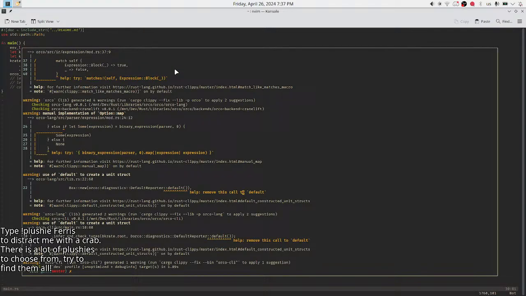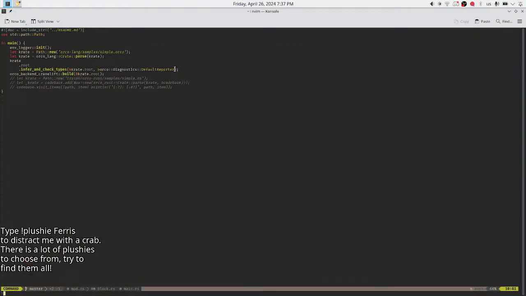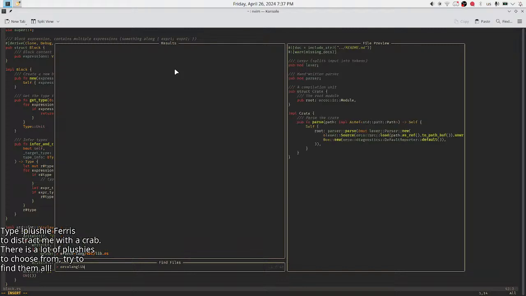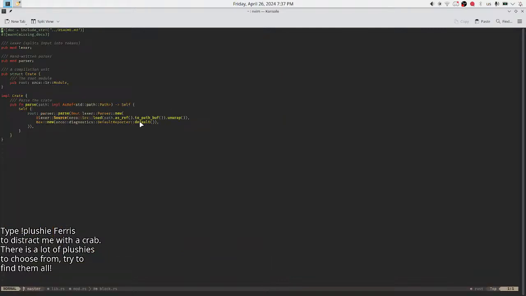So here, in orcolang lib.rs actually as well. Orcolang lib.rs. I'm gonna need to, I mean, I can just provide a reporter here.